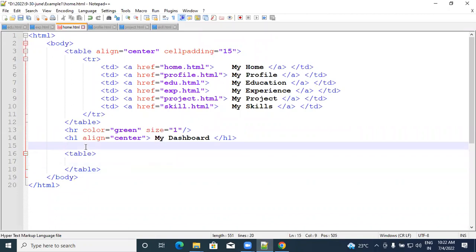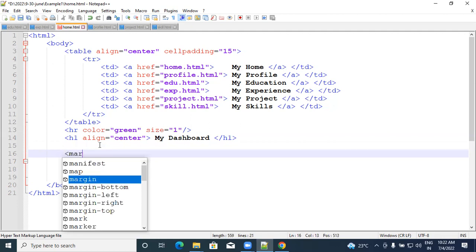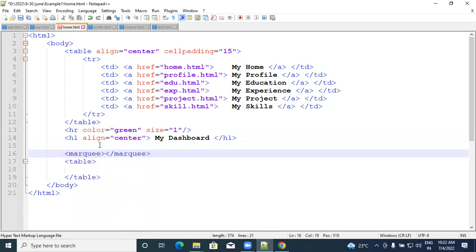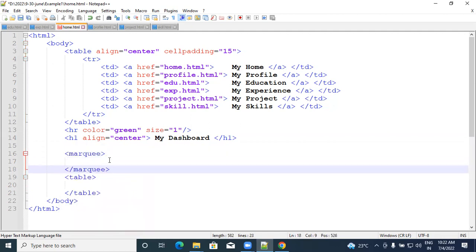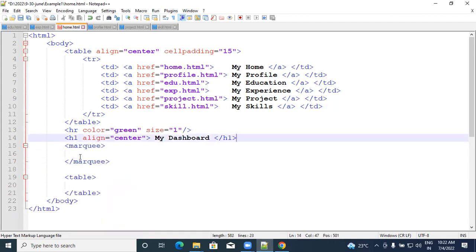Before the table, in a paragraph, right here, or instead of a paragraph, you can write another tag, that is also fine. The marquee tag. Under the marquee tag, we can add